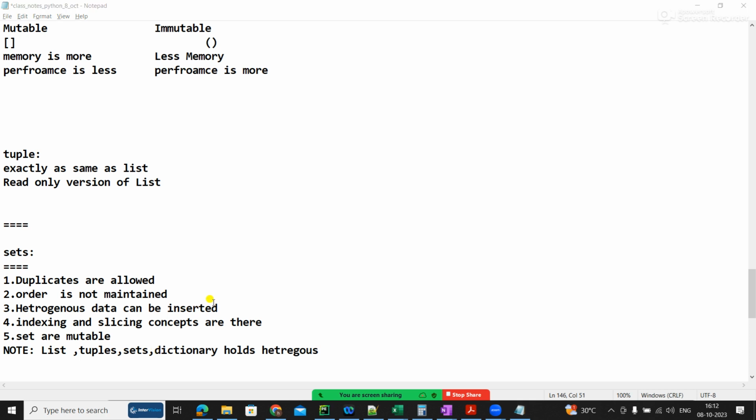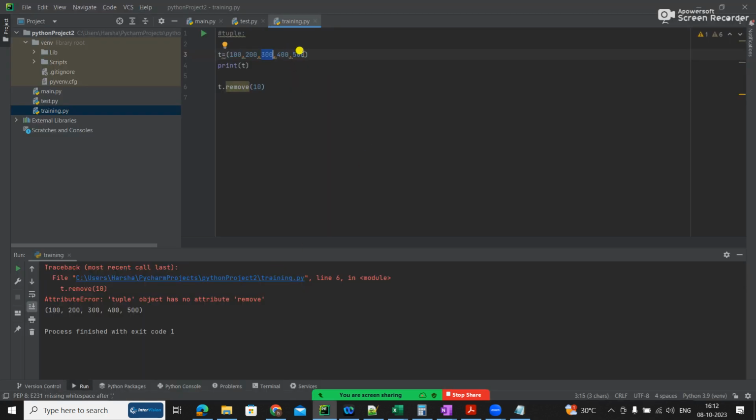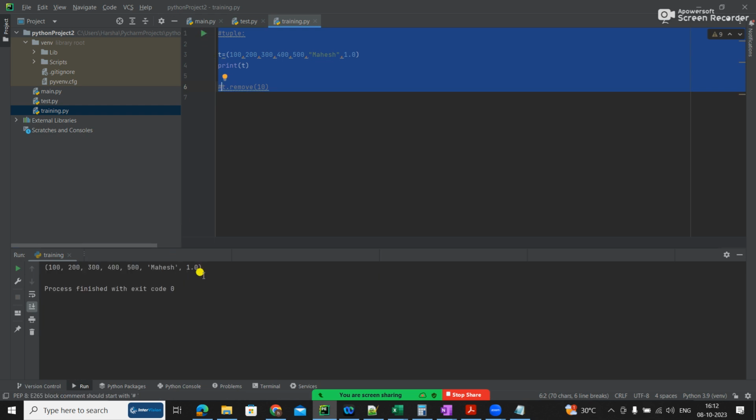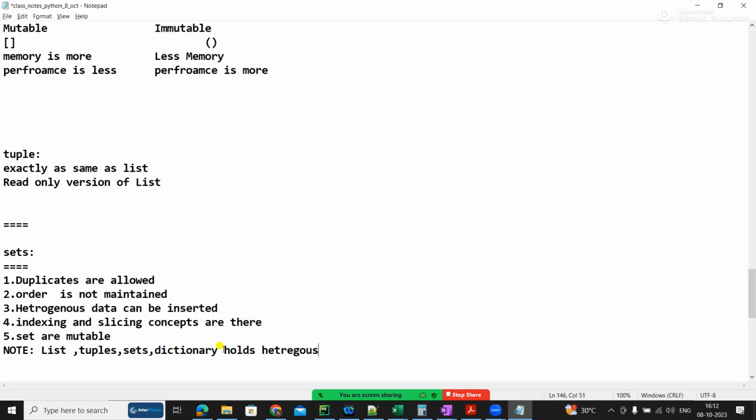I showed that it can hold heterogeneous data. It can also hold a string, it can also hold float data. Even sets can hold different kinds of data. Heterogeneous means different kinds of data.